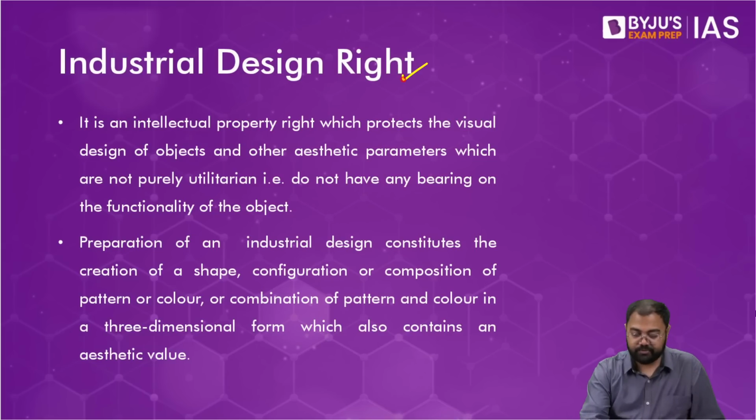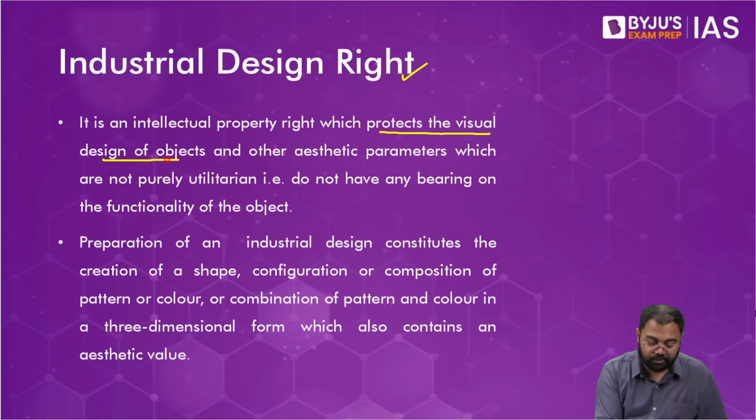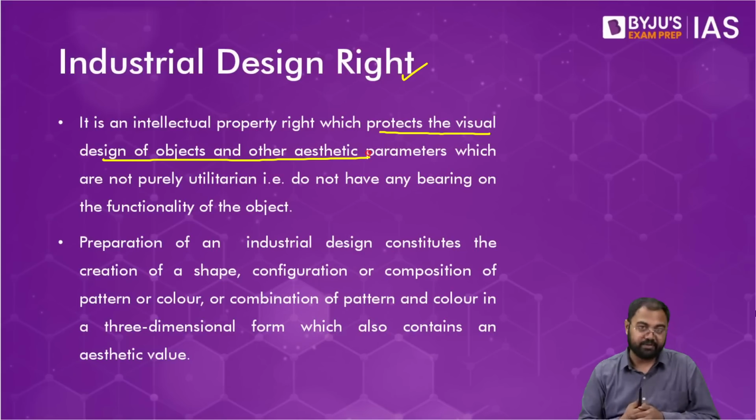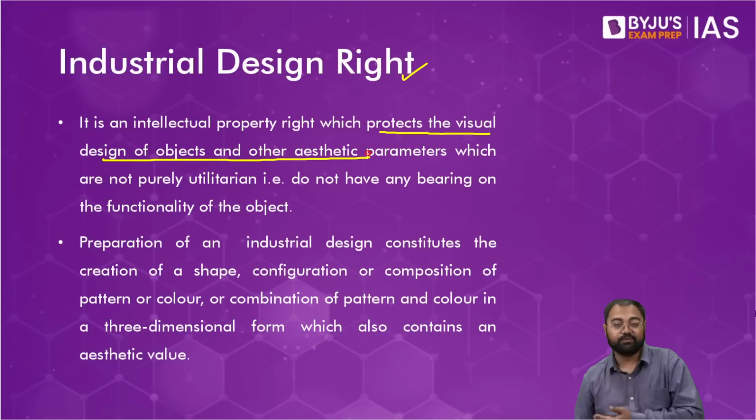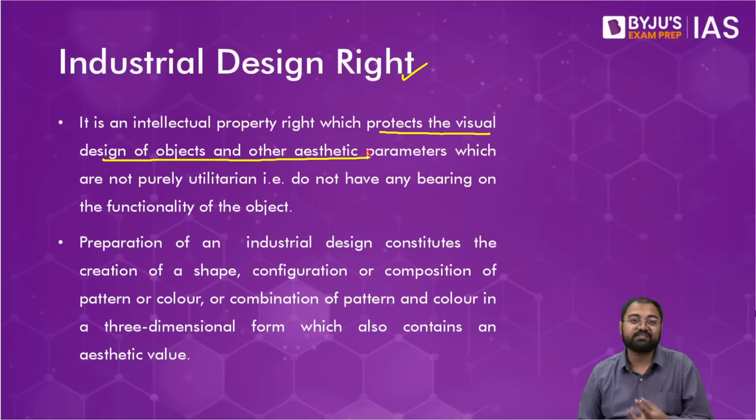Then after that, we have industrial design rights. In the case of industrial design rights, this is where we are talking about the protection of the visual design of objects and all the aesthetic parameters. Visual design and aesthetic parameters. So it is less to do with the utility of the product, more to do with the design of the product. Design also plays a big role in its commerce, in its sales, correct? So it becomes very crucial for us to see how much it affects the sales of any given